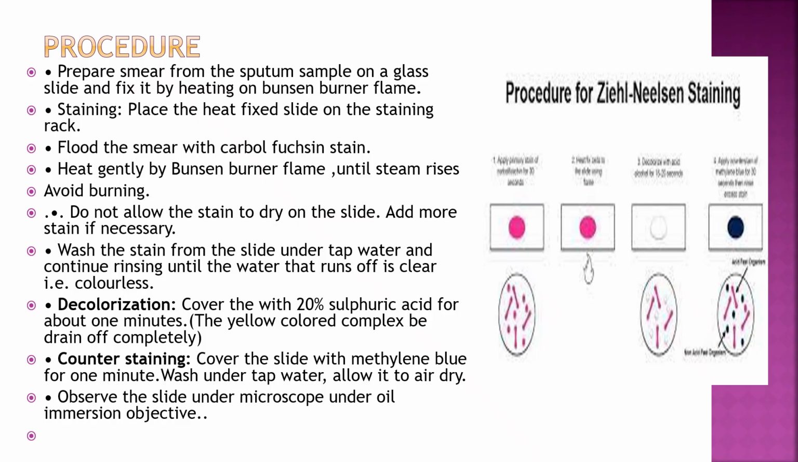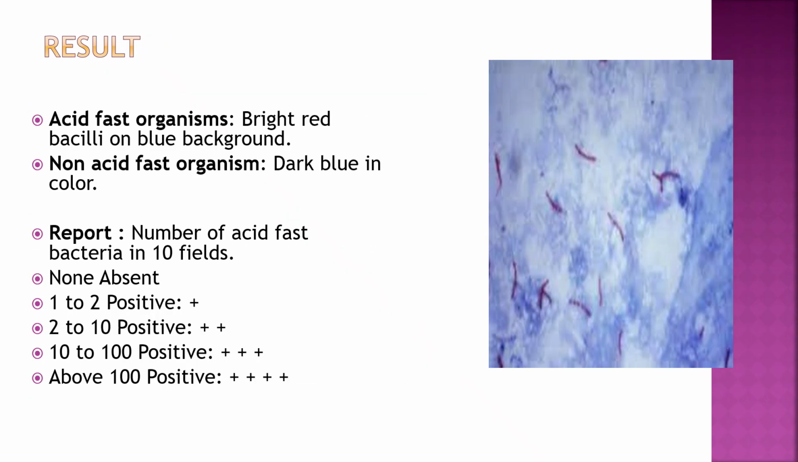counter stain with methylene blue, so that you will get a blue color background, and in that if acid fast bacteria are present, they are pink in color. And Mycobacterium tuberculosis bacteria, they are seen as pink color beaded rods, either single or in groups, and they are slightly curved. So here in this picture you can see this acid fast bacteria in blue background, and in 10